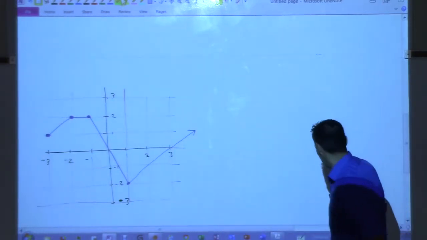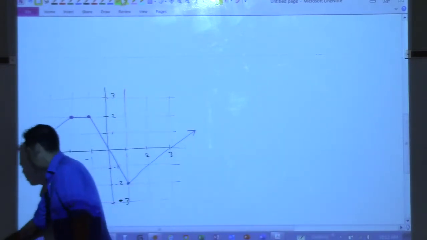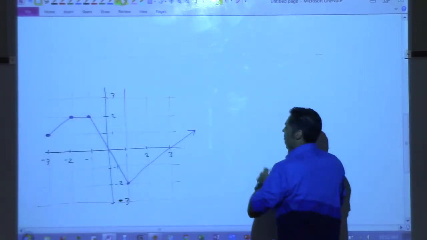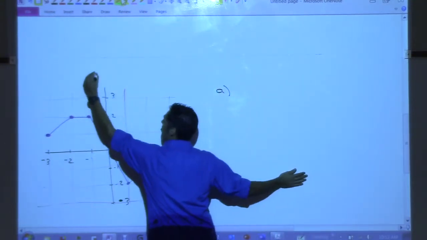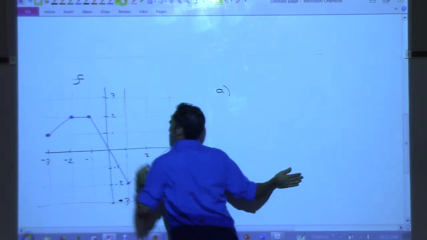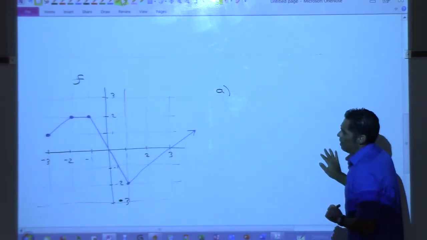Okay, now, here are the questions. I'm not going to ask you that sort of thing on the test. I just want to see if you can make the connection. All right, first one. This is a function. We're going to call this function f, all right? So this purple thing is called f. All right, I'd like to know